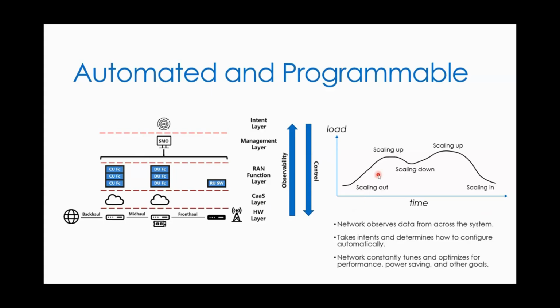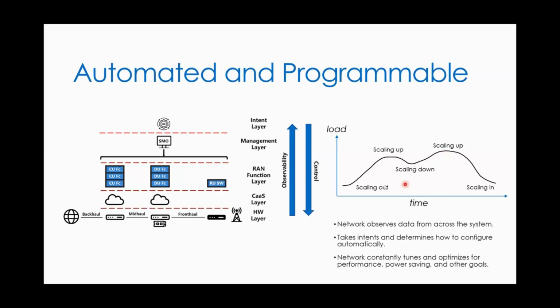As the day goes on, more people are using the network. And so I may scale up particular entities or scale out. So I might create more functions to handle the new load. And as time goes on, I might give those functions more resources. Then maybe there's a dip, so I can scale back a bit, I can scale up. And at the end of the day, when the network load drops, I might scale in some of those entities again.